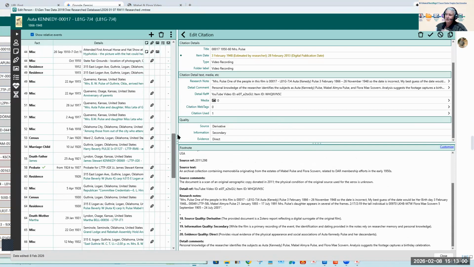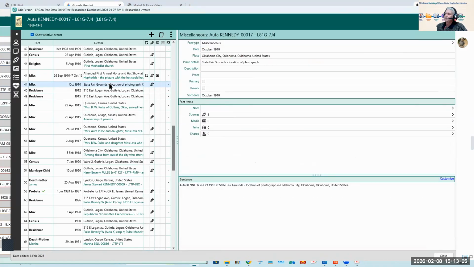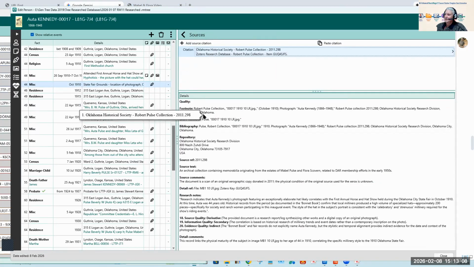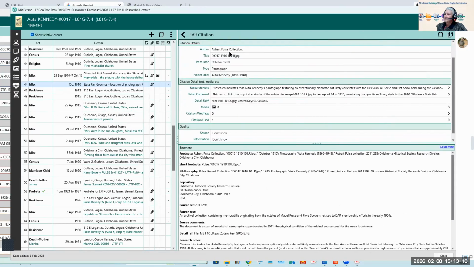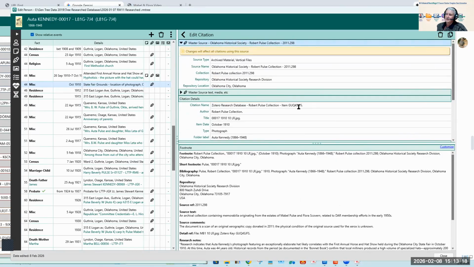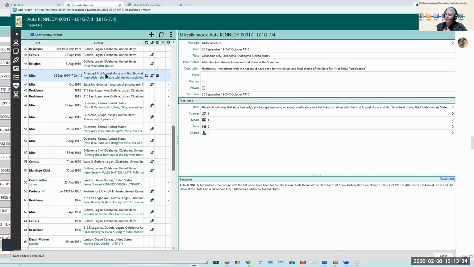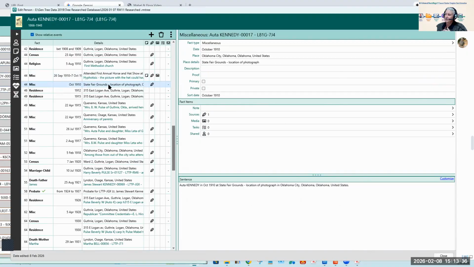And one of the things I'm doing that you might find interesting, this is the photograph. You'll see that, let's go up here. I put the archive in here. Okay. And so I have this in here in two ways. I have this situation documented in two ways, a source in two ways, and it took up two line items. One is the book citation, and then this is the photograph citation.